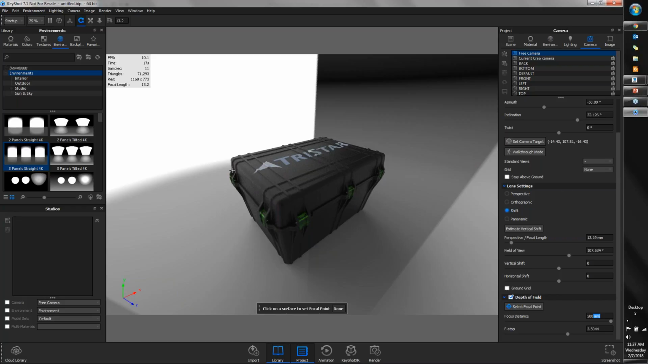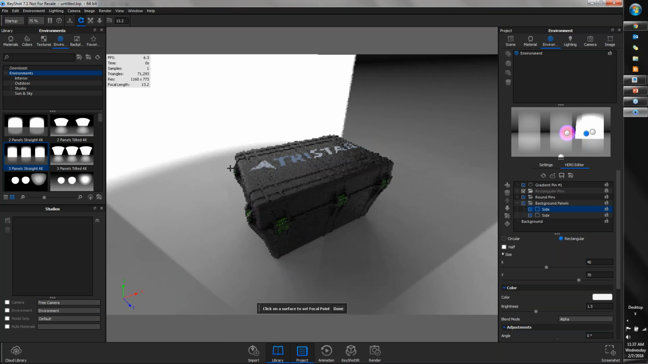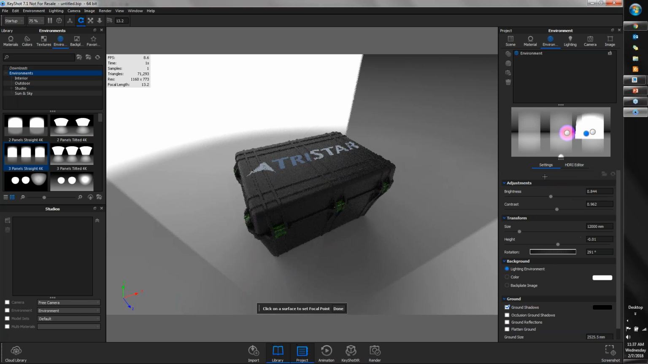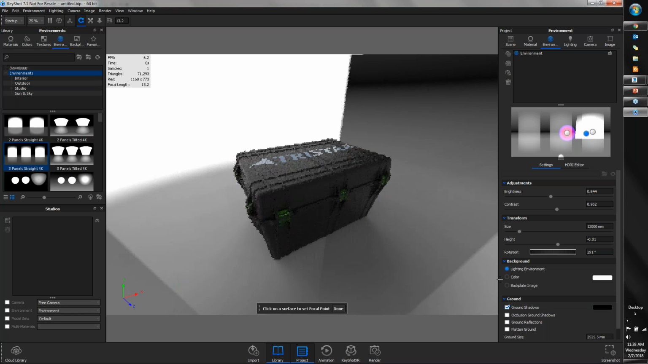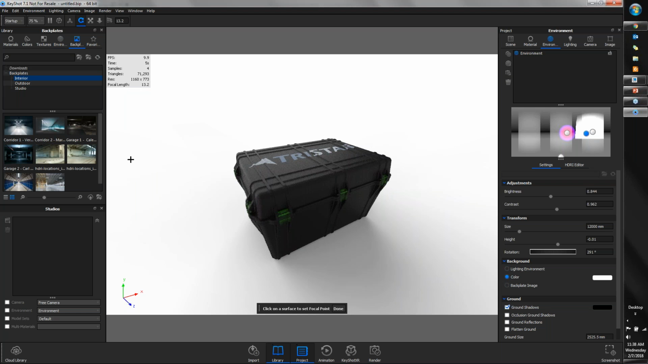So now once we've defined our camera, there's one thing that I forgot to do, and that's actually going to be in the environments, and that's going to be defining what is showing behind our model. So right now, we're just showing the lighting environment. You can see here in the settings tab of our environment that our background is just the lighting environment. Usually it's best to select either a color or a backplate. Backplate is going to allow us to bring in either a photo that we've taken or a backplate from our library. So I can always drag